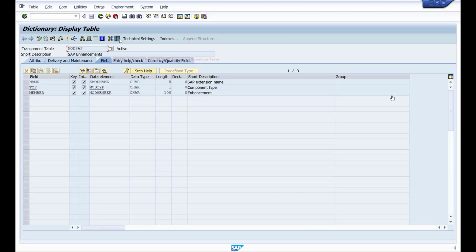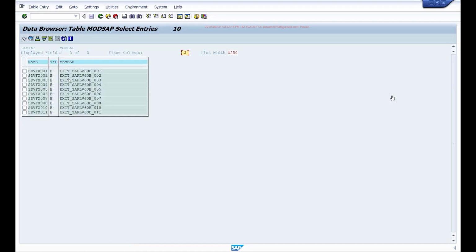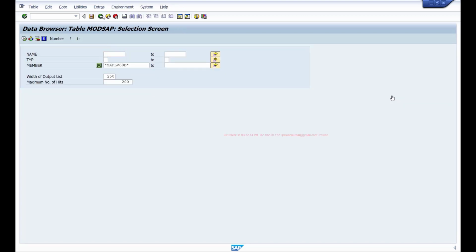Here, if you give star, program name, star and execute, then it will list all the enhancements that are part of this program. Okay, and you can go ahead and implement any of the enhancements. I'll show you how to implement these enhancements with one example of a menu exit.